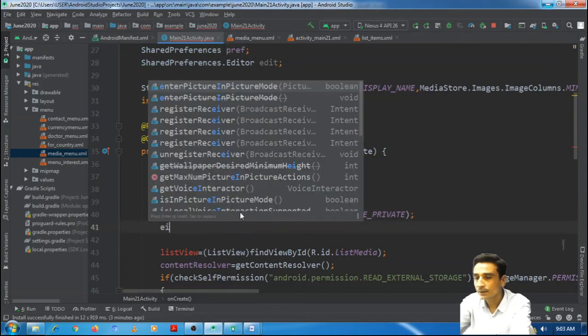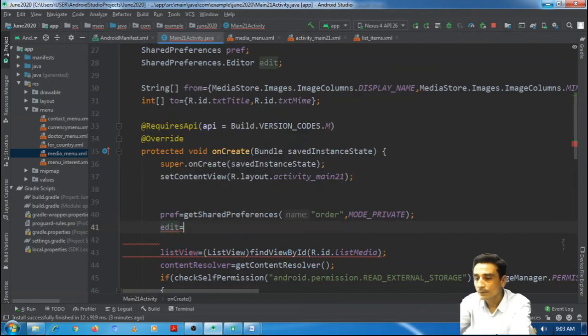Here edit is equal to preference dot edit.